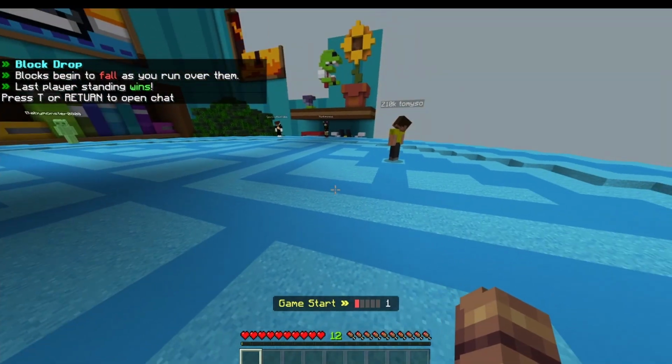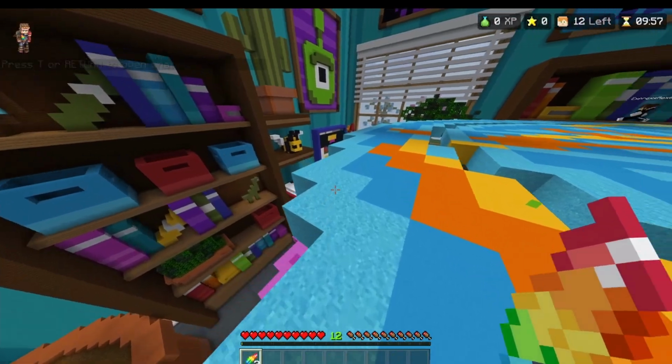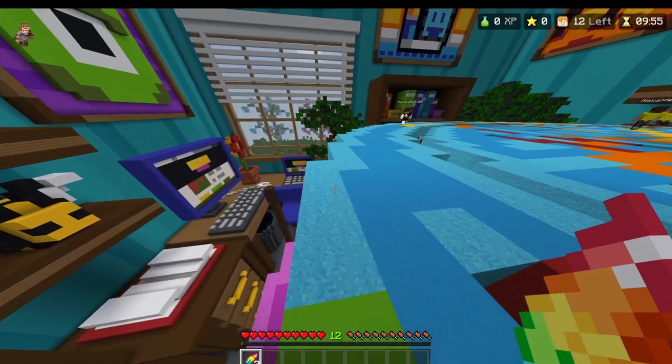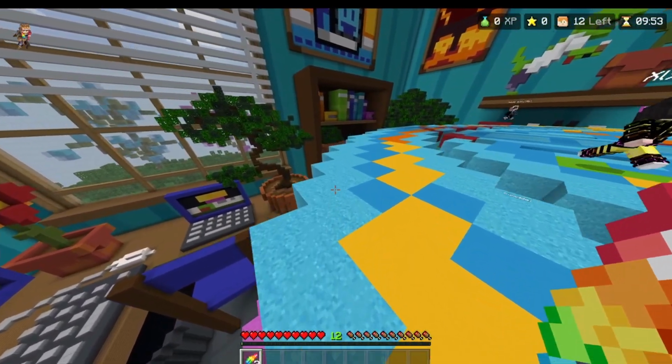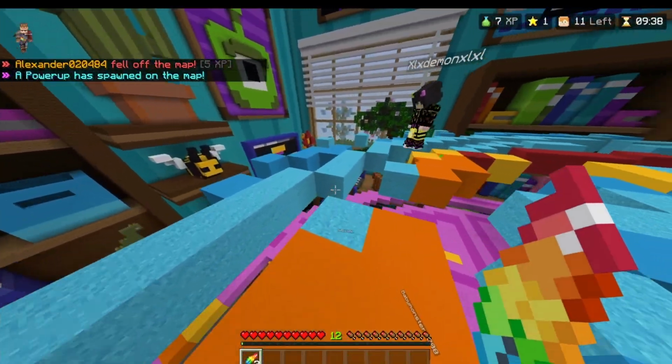Now, in today's episode, we're going to be talking about which map is the best block drop map to play out of the three. Out of Room, Underwater, and Flowers, which map will get you the most XP? The map Room will actually get you the most XP out of any map in the game, and here is